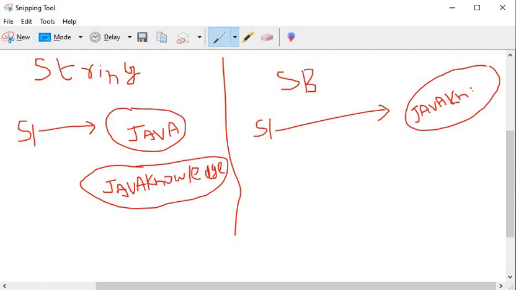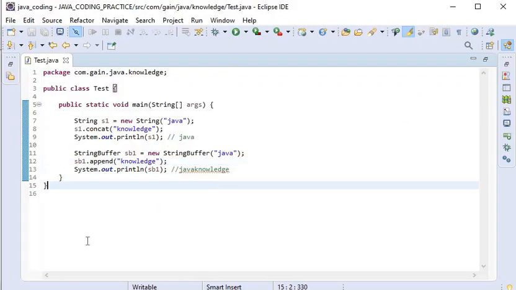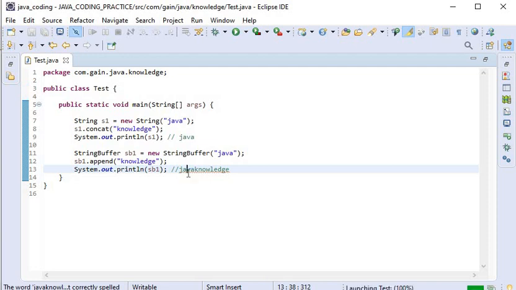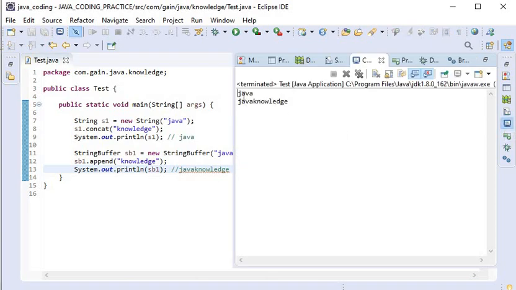So no new object will be created, and the modification will be in the same object. So here the reference is to Java knowledge, and the output will be Java knowledge. Now I will run this application, and we can see the output on the console: Java by using String class, and Java knowledge by using StringBuffer class.